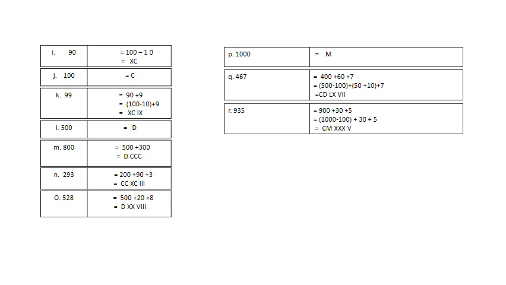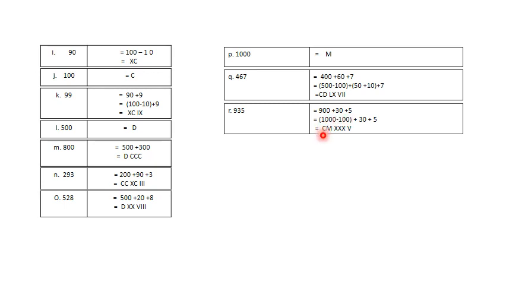Next one, 935. We have written in expanded form as 900 plus 30 plus 5. Again, the same 900 we have written as 1000 minus 100. 30 can be written as 10 plus 10 plus 10, and 5 we have written as 5 here. Now as we have subtracted here, first we'll write down the smaller value, which is 100.